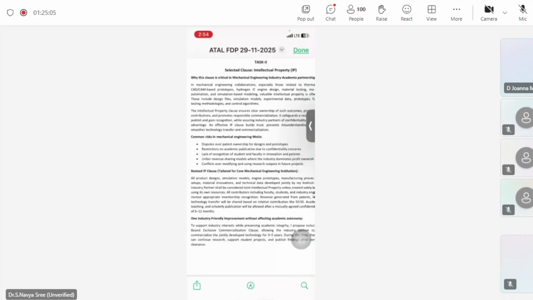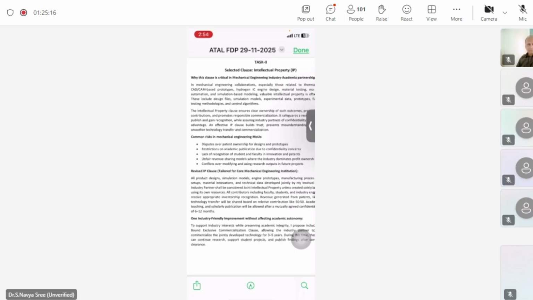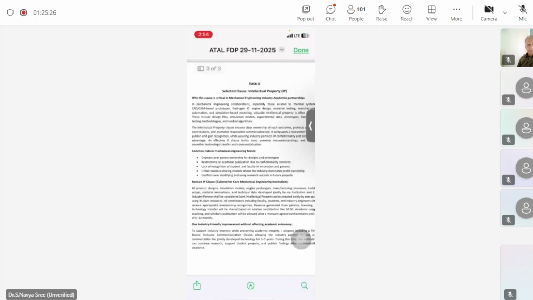But by default, if it is around 50%, then it will be a reasonable revenue sharing model. There are also conflicts over modifying and using research outputs in future projects. Coming to the revised IP clause, all the product design simulations, engine prototypes, and manufacturing processes developed jointly by the institution and the industry partner shall be considered joint intellectual property unless solely created by someone with their own resources. There should be a relative contribution, like 50-50, and the academic usage, teaching, and scholarly publications will be allowed for a mutually agreed